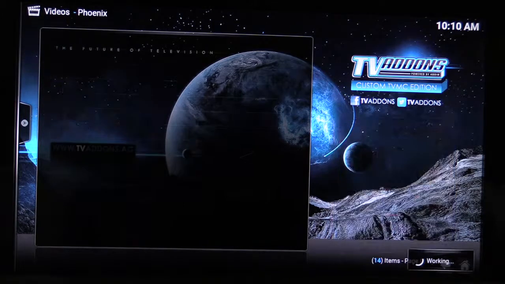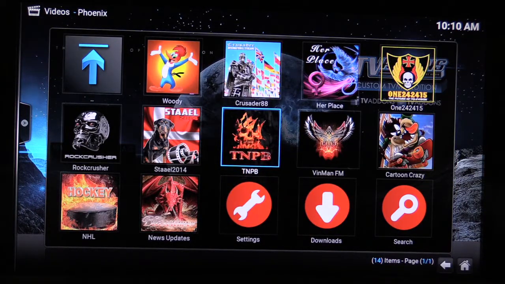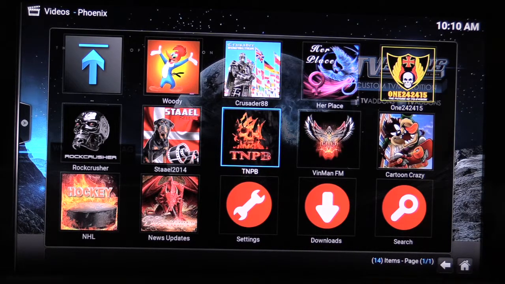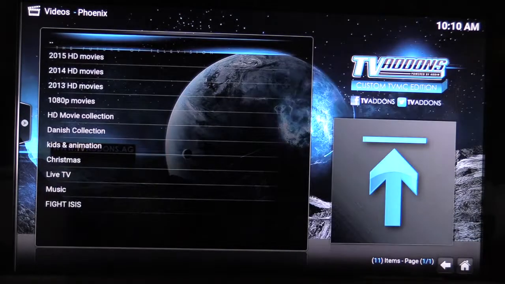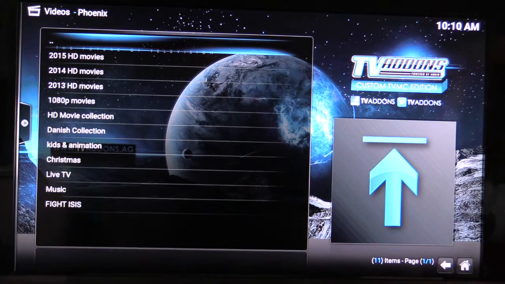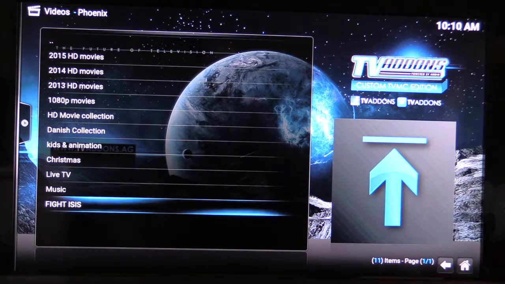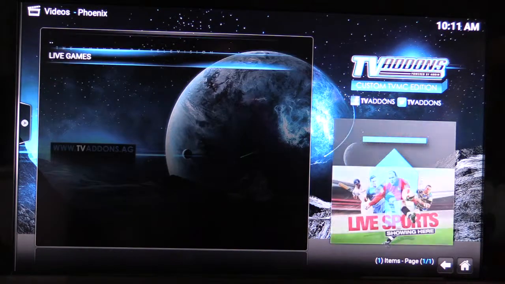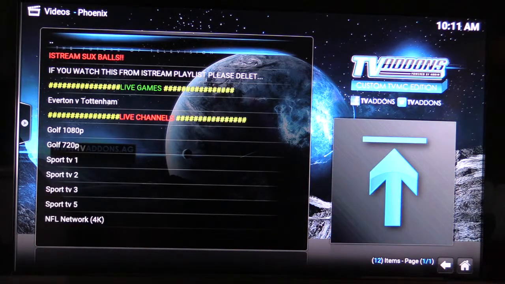Now, getting on to the sport as well, while we're still on this side of the stick. Alright, so we've shown you all the movies and TV shows and stuff. To access all the live Premier League games, you go into this section here, which is Style 2014. I have put a link into your favourites section on your stick, but you basically go in there and then go up to Live TV and into Live Games, and that section is where